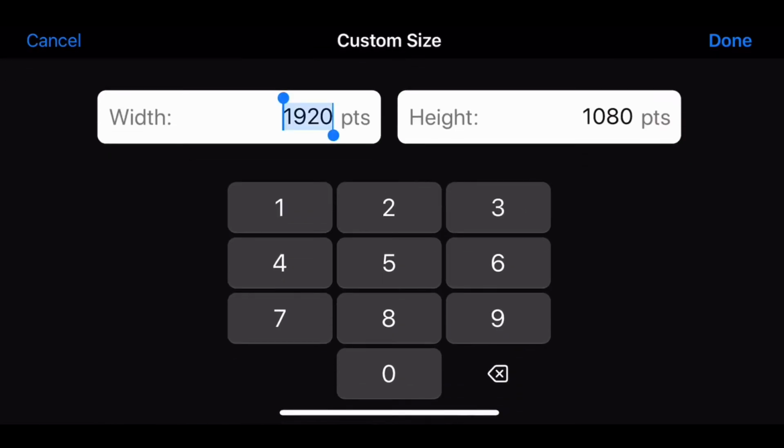I'd just like to point out that this is in points versus inches or pixels, so you may have to do some conversions with your inches or your pixels. You can always just type it in Google and it will bring up a calculator that gives you the right dimensions. As I said, I'm going to do a PDF, so I'm going to do two 8.5 by 11 images side by side. So the width is actually going to be